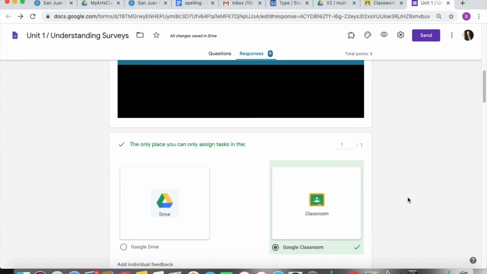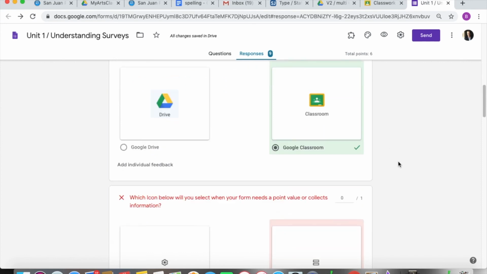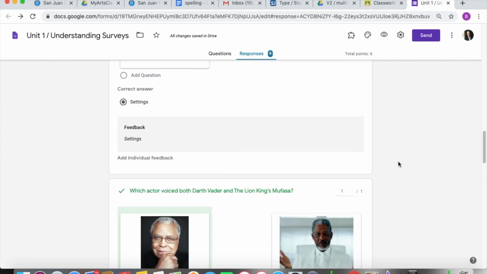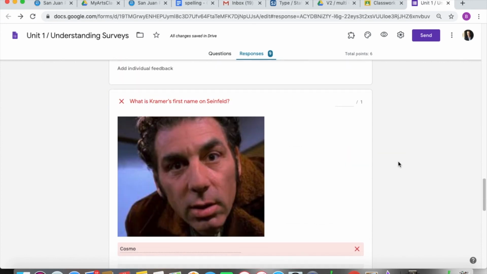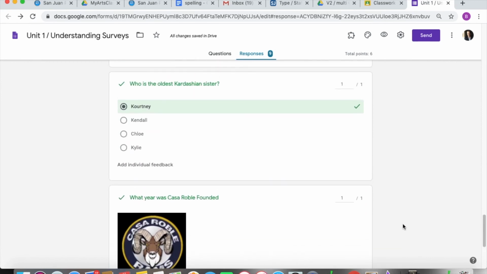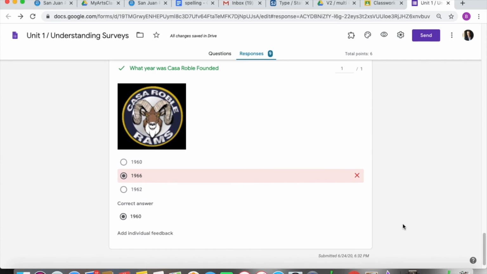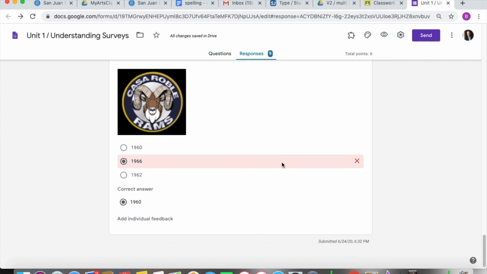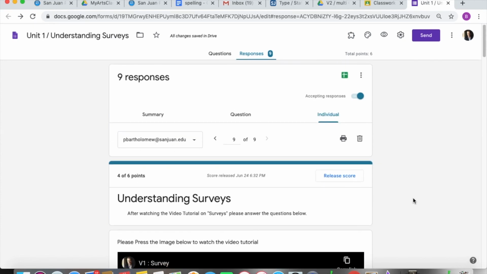I'm just going to scroll down here. Yep, she got this first one right, and I've updated that question as well. Got the second settings wrong, got the voice right, got Kramer right, and Courtney I've updated the point value for that, and then everybody seems to think it's 1966. Maybe it is, I don't know, I'm just looking at the internet, so that's going to be the right answer, maybe wrong answer. So I want to make sure that she does have 4 out of 6,